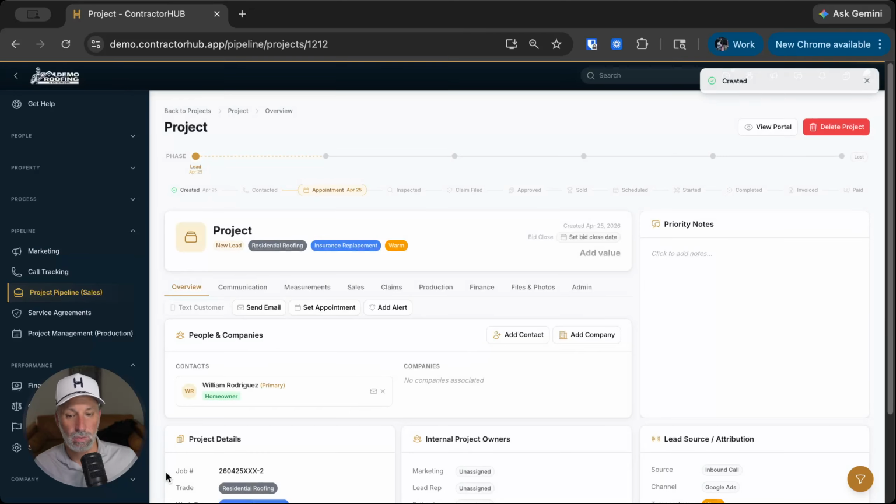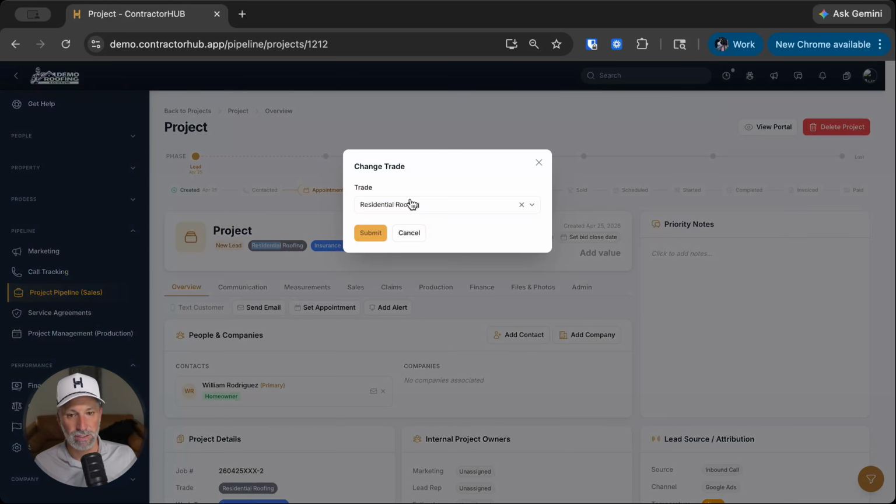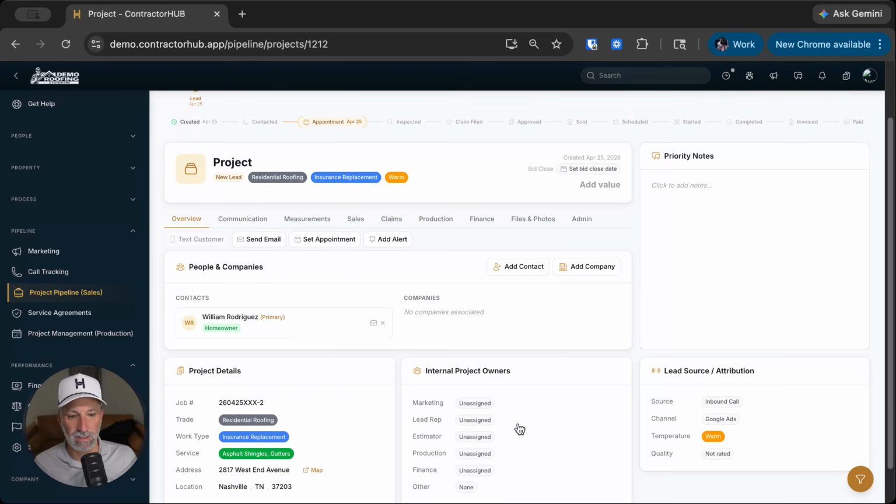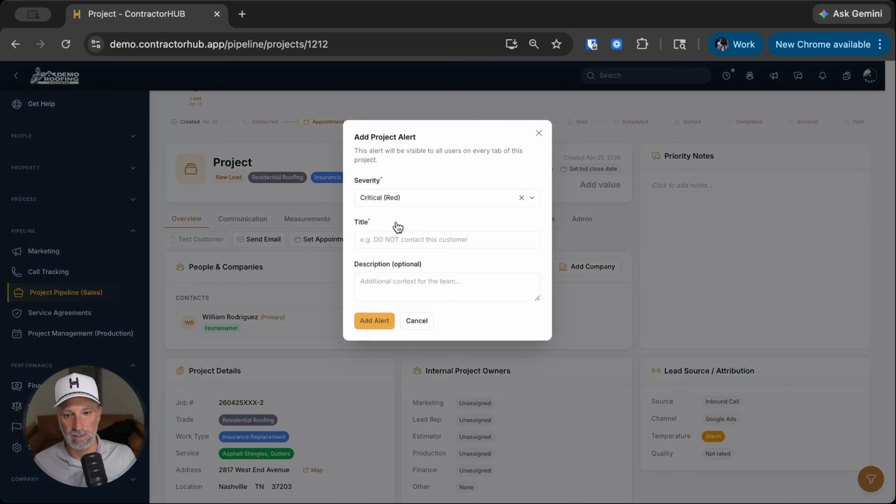And just like the quick add form, it's going to take us to the same place. We're going to go into the project. We can change the project name if we want to change it. We can change the trade. Everything in here is clickable. Again, we'll go into this in a different day, but we can set an alert and say critical, do not call,